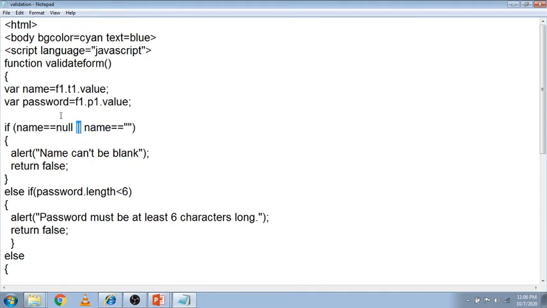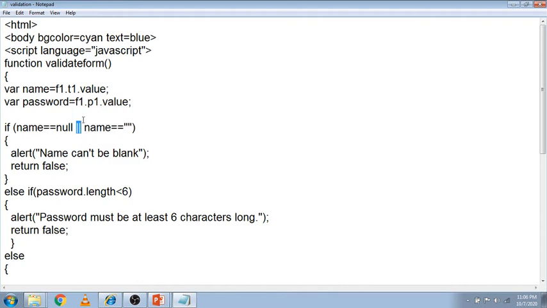So this is your OR gate. OR gate means if this condition is true or if this condition is true. If both the conditions are false, then it will return false.